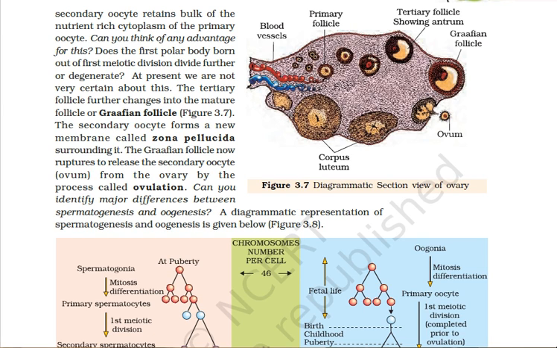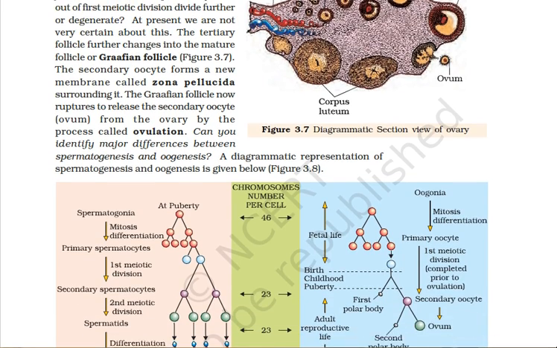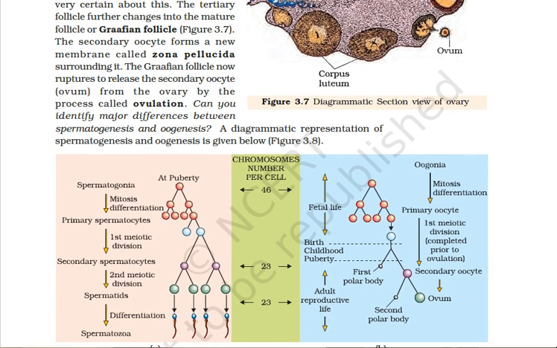Therefore, now I end with the process of the formation of the ovum as well as the polar body by the process of oogenesis. And here you can see in the flow chart the oogonia, which have undergone mitotic stages to form primary oocytes during the embryonic stages, and these primary oocytes later on after birth, at the age of puberty, undergo the first meiotic division.